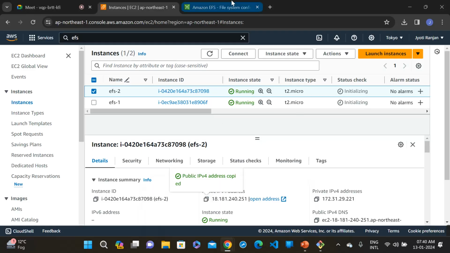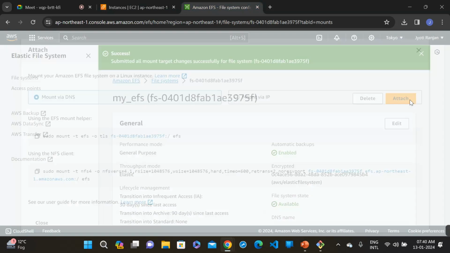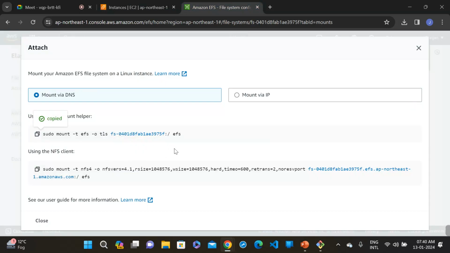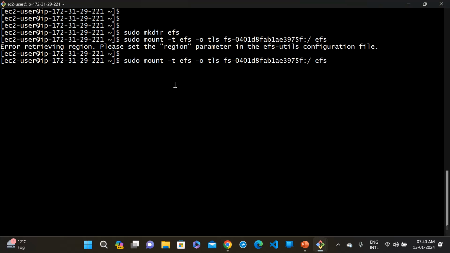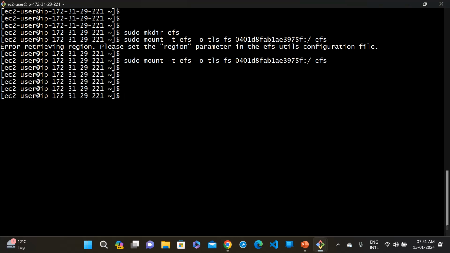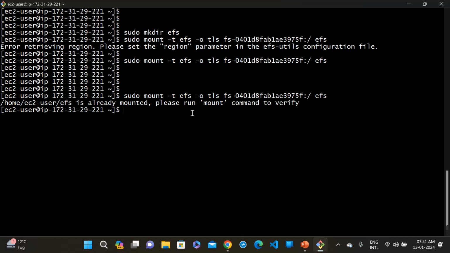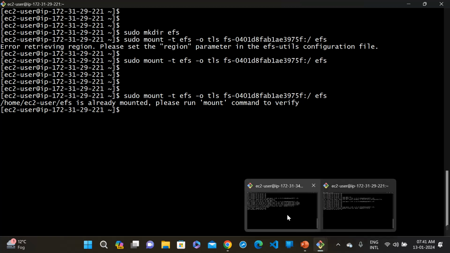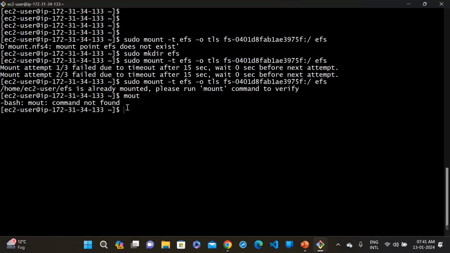Again go to here and click on this attach, copy this one, and paste it here, press enter. Okay, now it's mounted. I think some error was there. Let's run again. Okay, already mount verified, right? Fine. You can see this is 221, the second instance, and 113 is our first instance. Let's go to our EFS folder and